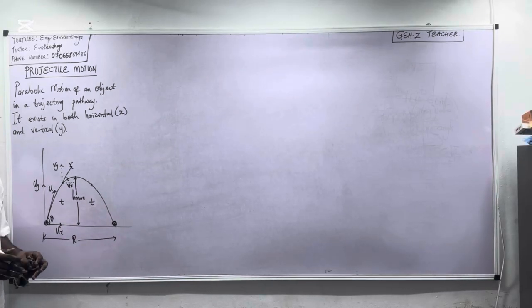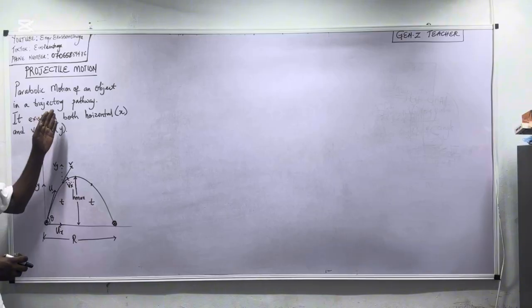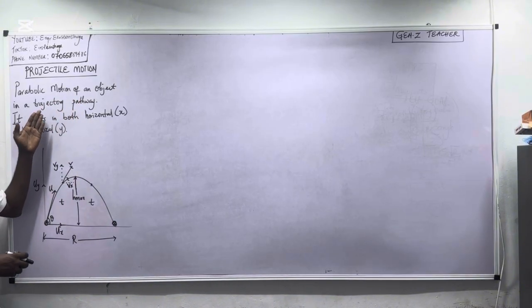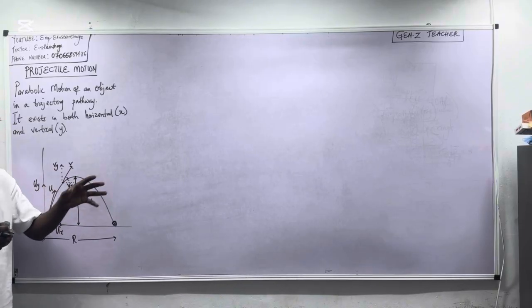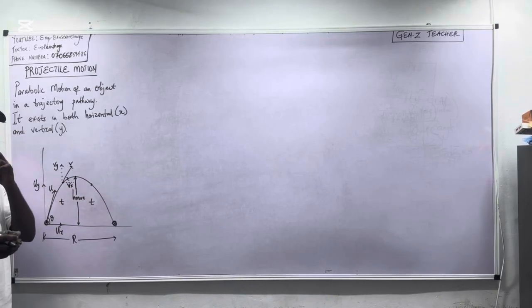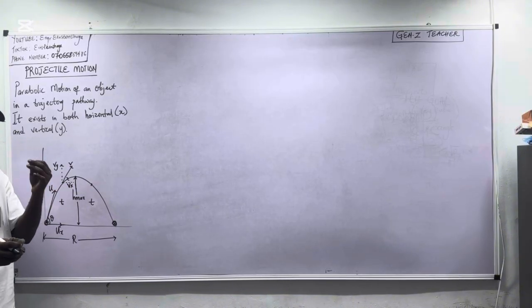Now today we'll be discussing the topic projectile motion. Quickly, what is projectile motion? As written on the board, it is a parabolic motion of an object in a trajectory pathway. The motion forms a parabola while the pathway is a trajectory. Just for clarity's sake, every object that undergoes projectile motion is called a